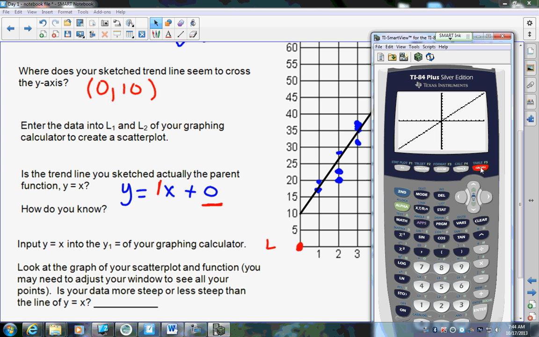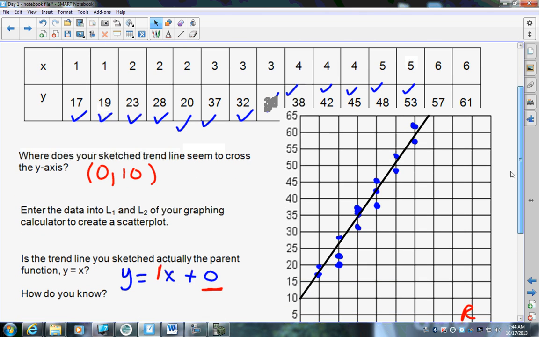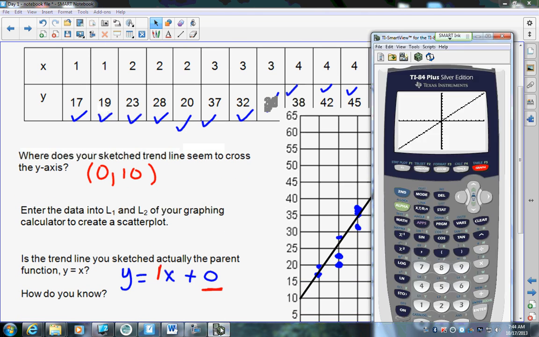Remember, the first thing we need to do is turn our stat plot on. See above y equals where it says stat plot? You need to press second, y equals, press enter twice to make the on button highlighted. Now, even when we press graph, I still don't see my points. That's because I have to change my window settings. So if I go to window,